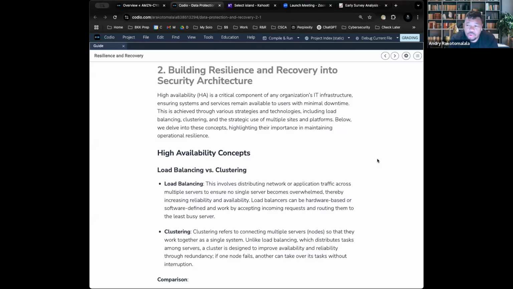Now, the entire goal here with resilience and recovery is centered around the A in the CIA triad. So my first question is, what is the A in the CIA triad? Please respond in the chat. I'll be posting a lot more of these to keep everyone engaged as a way to reinforce these. Every time I ask these questions, it's because it is something that you will have to memorize.